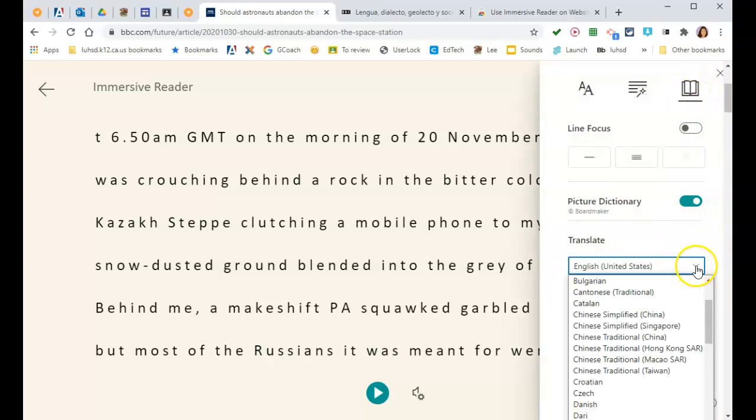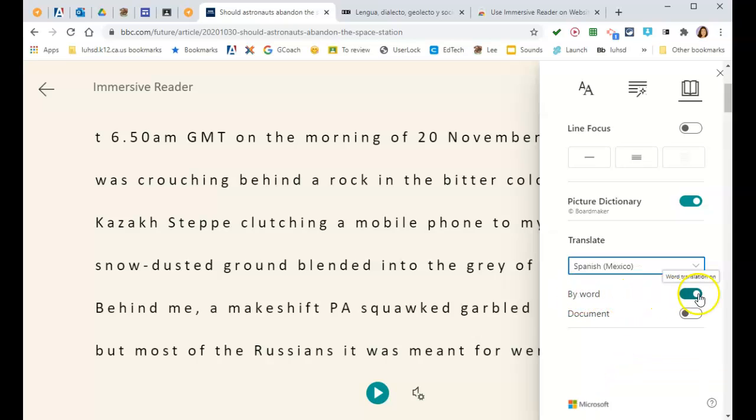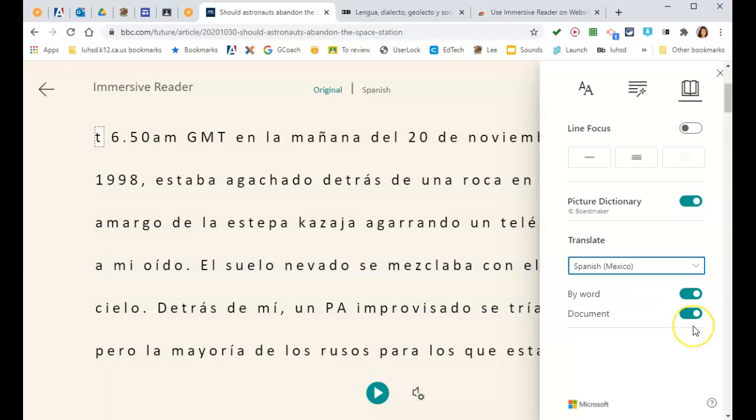Here's the real power though. Let's say I have a student whose first language is not English and they need to translate it to another language. So they can pick a language, they can even choose a dialect. I can have it translate by word or by the whole document. I like by the whole document because